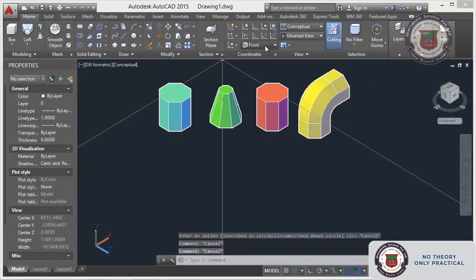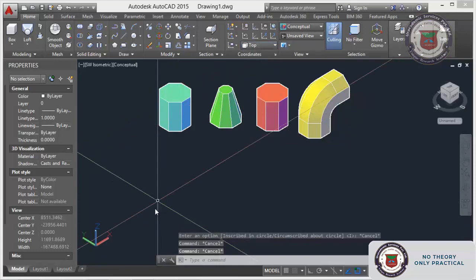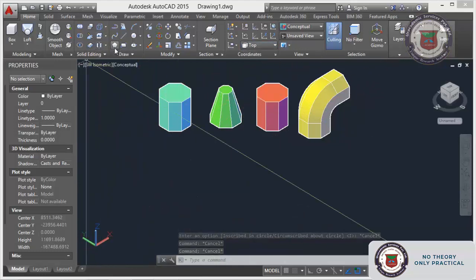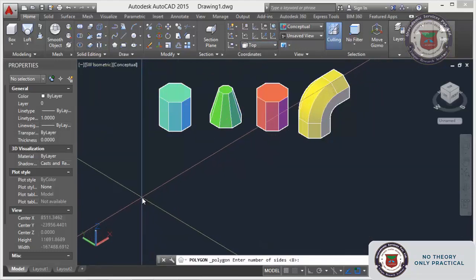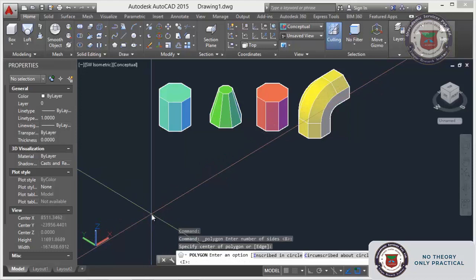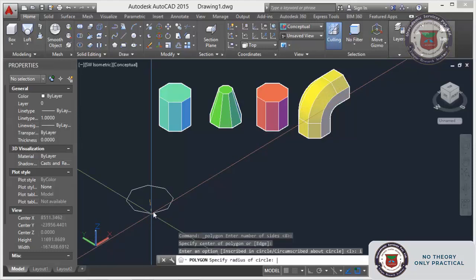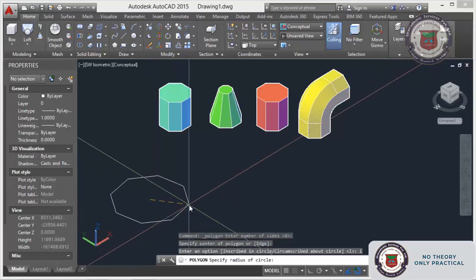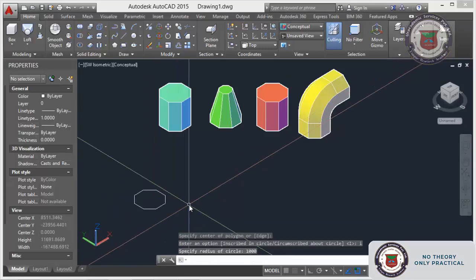Sorry, I need to make the UCS top. Polygon, 8 side, enter, center, inscribed, enter, radius 1000.